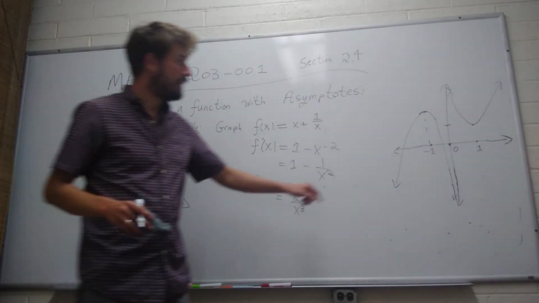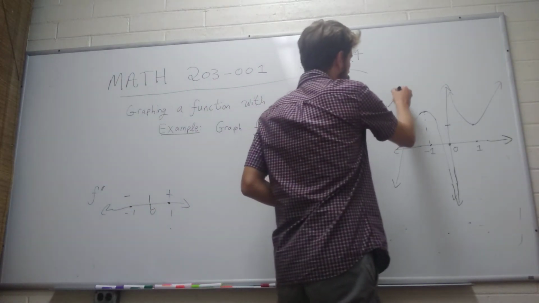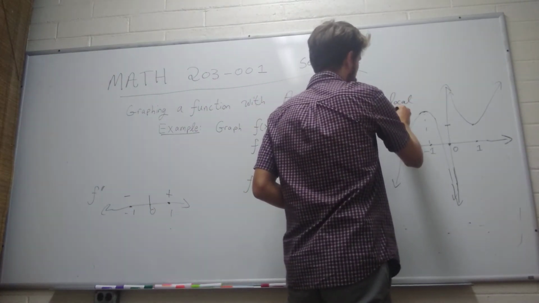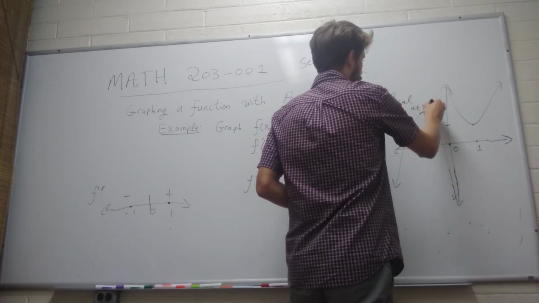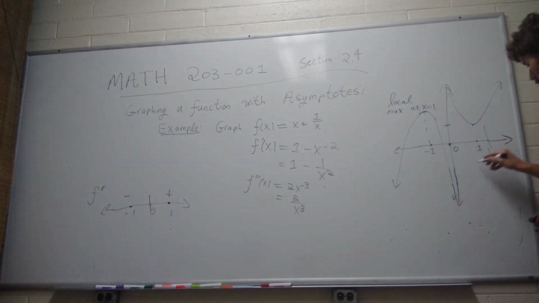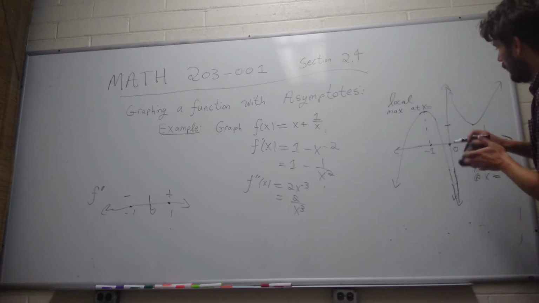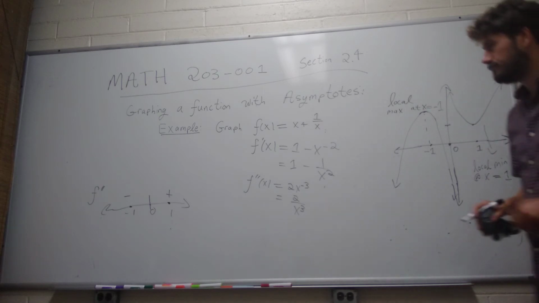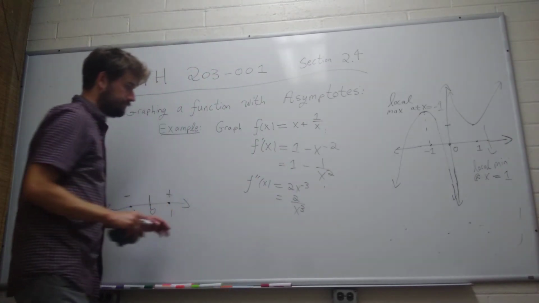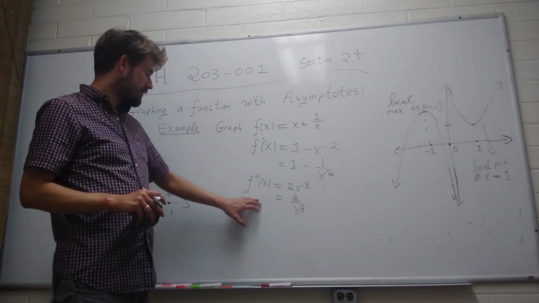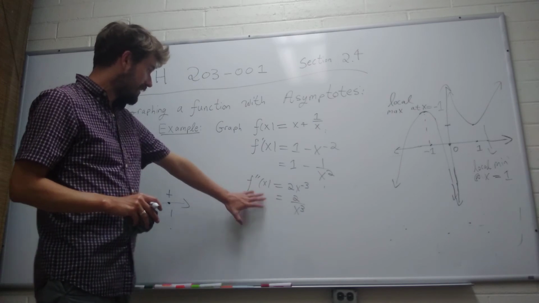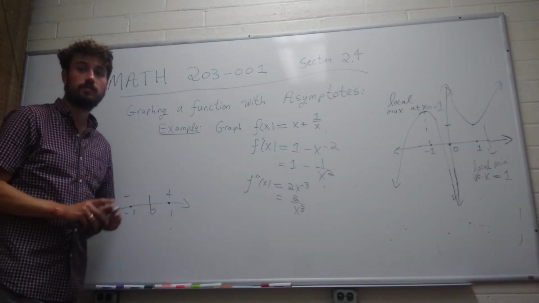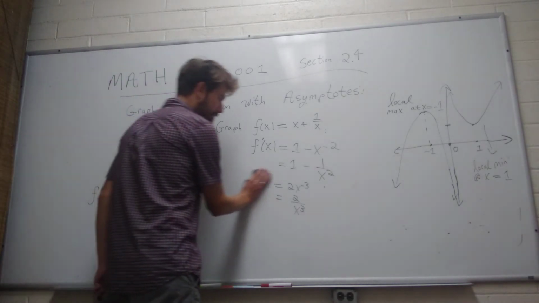So as we can see, it has a local max at x equal to -1, and a local min at x equal to +1. Okay. Second derivative got us intervals of concavity, first derivative got us intervals of increase and decrease. The second step